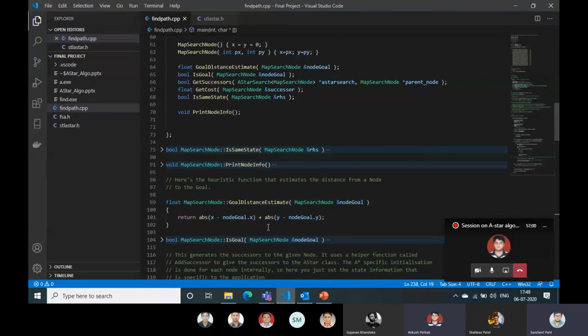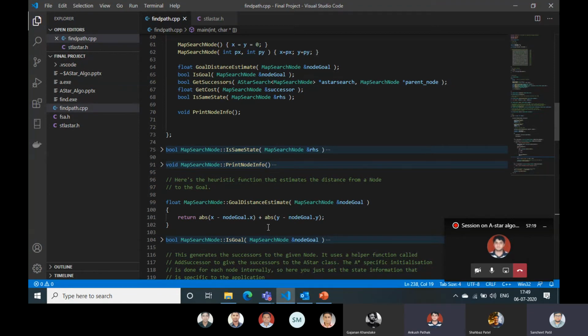I am just subtracting the value I have with the goal node, means simultaneously both the coordinates are getting subtracted, like x minus node goal dot x plus y minus node goal dot y.